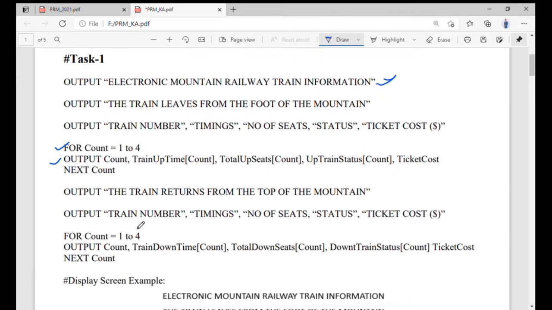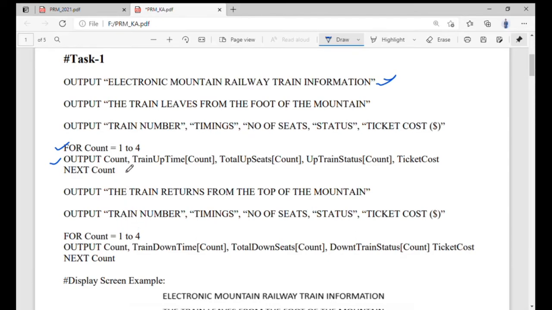I create 2 different loops here to show a bifurcation between foot to top and top to foot of the mountain. The train takes the passenger from the foot of the mountain to the top of the mountain. We should show the bifurcation separately: how many trains and which timing go from foot to top and top to foot.